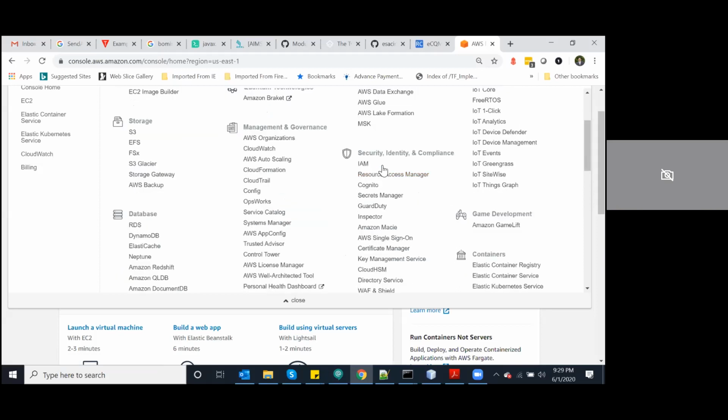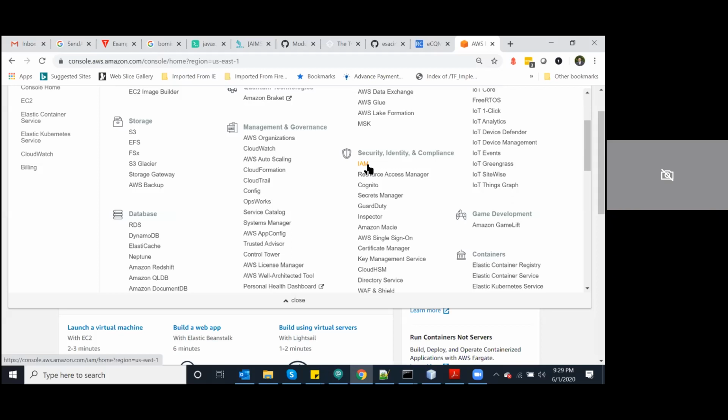And IAM, Identity and Access Management, as I said before, you can create your own infrastructure for your specific domains and provide access to a group of people under that particular domain. So you can use IAM, Identity and Access Management.